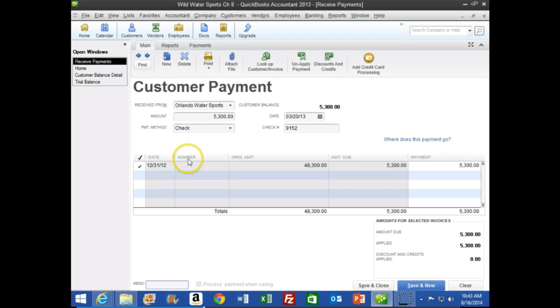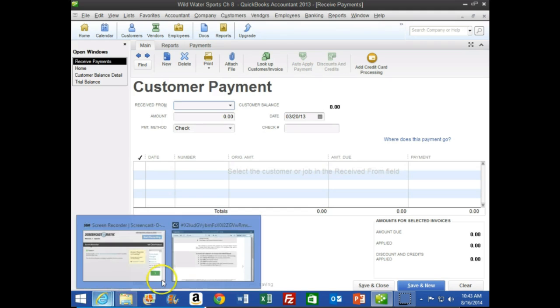Remember, what will then happen is accounts receivable will go down with a credit, and we're not going to debit cash per se, or not the checking account, let's say. We're going to debit undeposited funds. Then we're going to have to run to the bank and deposit that. So we're going to hit save and new at this time, because that's what it will tell us to do